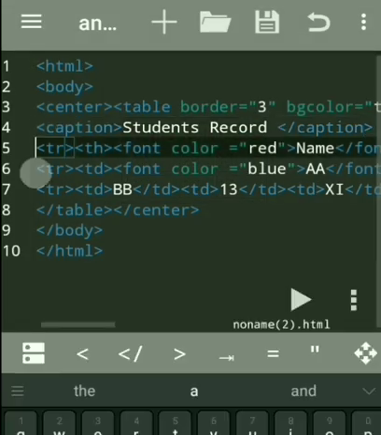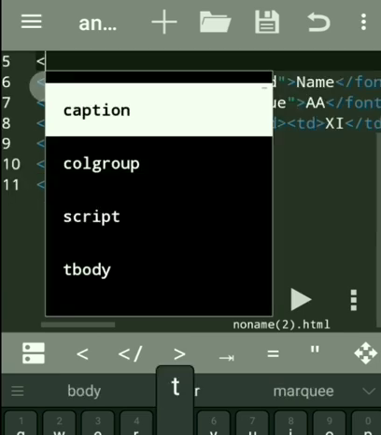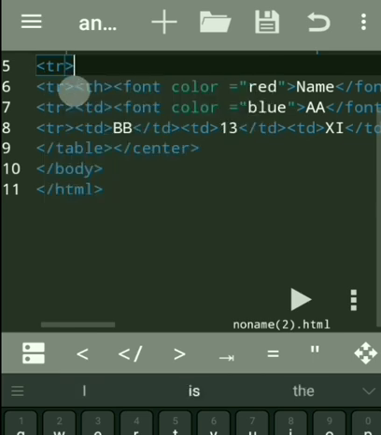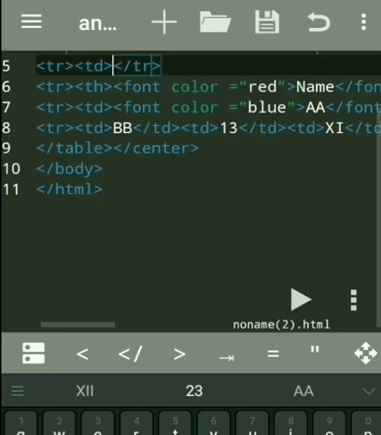So we need another row. Here I am going to write TR, and in that row we have to write TD, which is the students record.